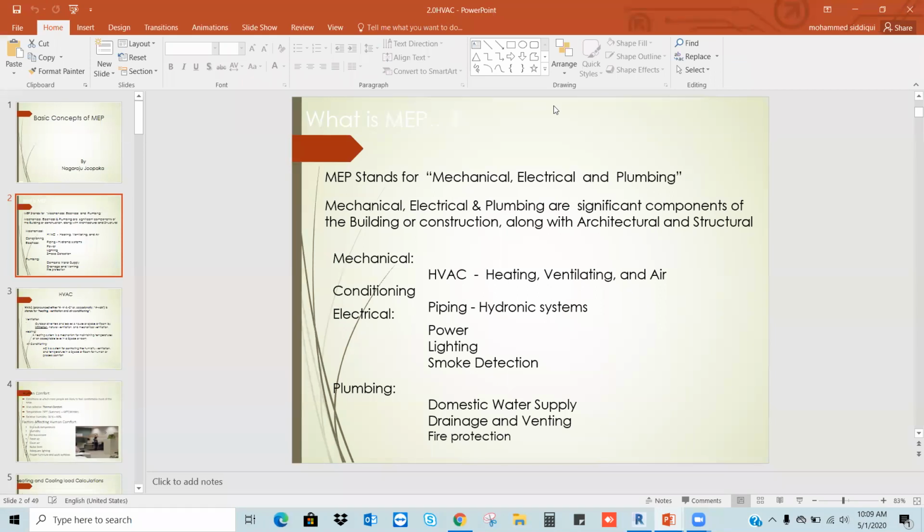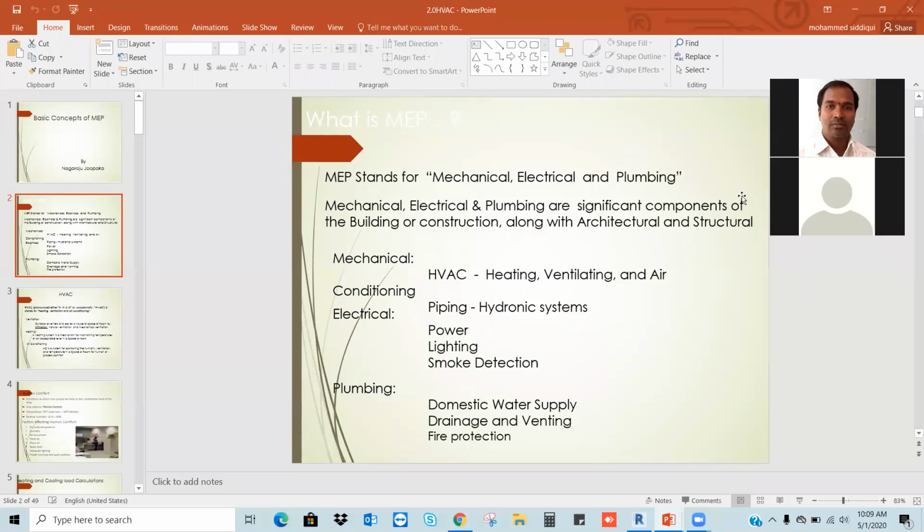So generally, in mechanical we have the HVAC and HVAC-related piping. In electrical we have the power, lighting, smoke detector, all those activities. And coming to plumbing, we have the drainage system, water supply system, potable water, rainwater, grey water, and the firefighting system also comes under